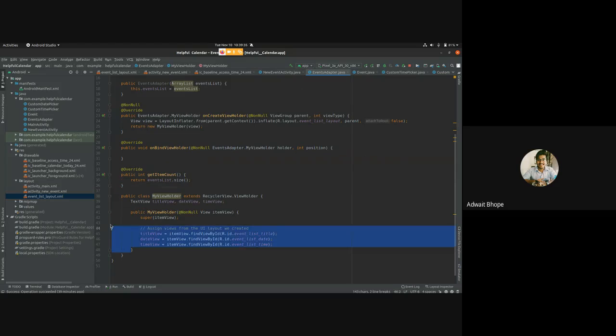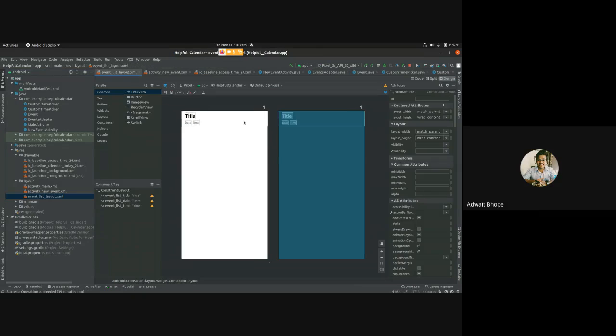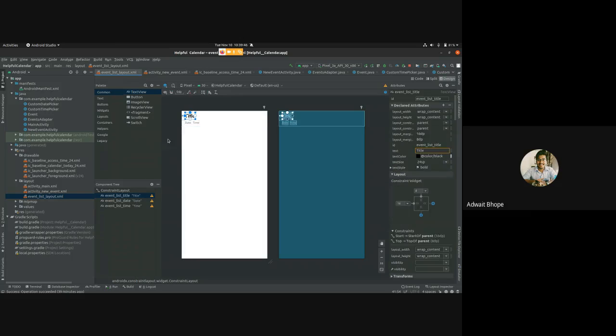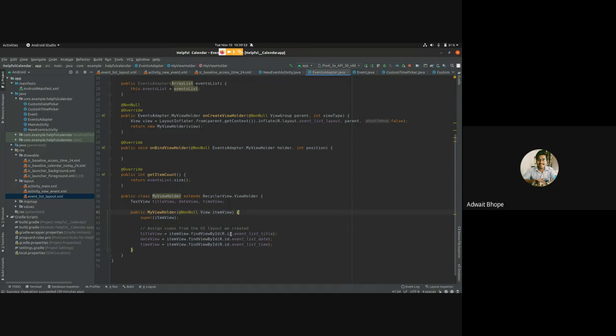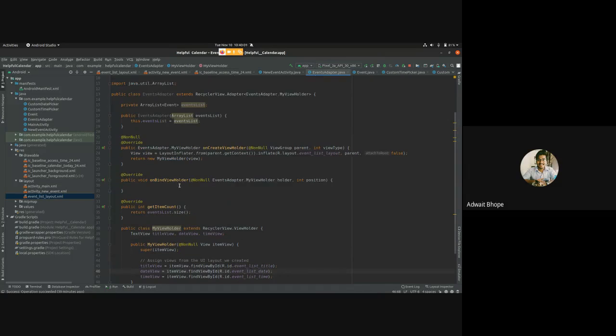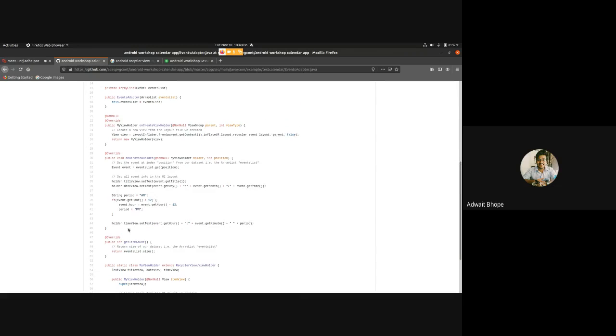And then we have at the bottom this view holder, which holds all these views that we designed. The parent or the root of this is going to be your view holder, and all these text boxes are going to fall under this view holder. So as I said, just use find view by ID and you will get those. Just make sure your IDs are correct. Cool. So now let's move on to on bind view holder,